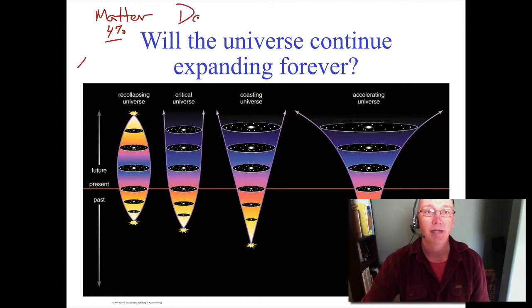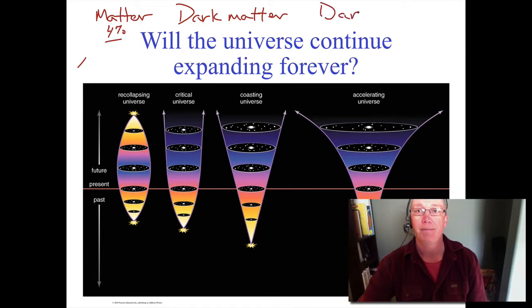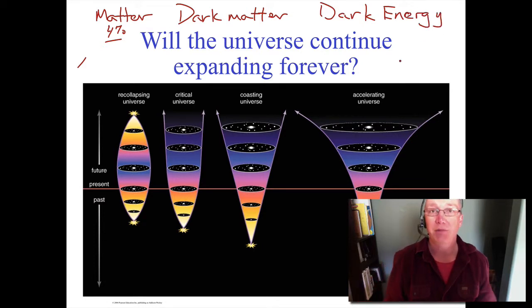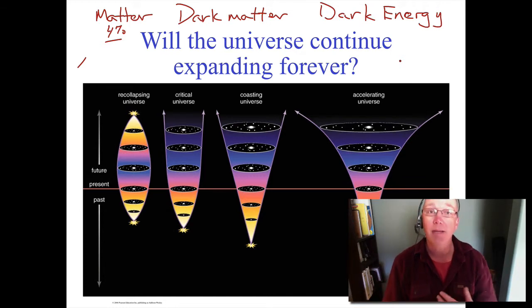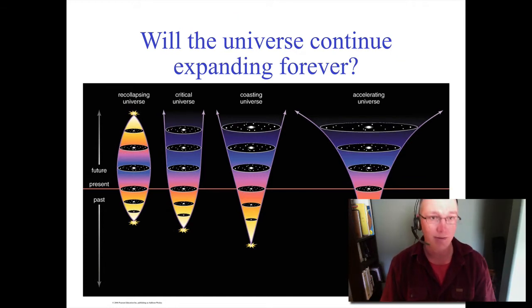We have dark matter, and then we have dark energy. And the question is, what is the distribution, or what is the fraction of the universe that is dark matter, dark energy, and regular matter? And the different fractions are going to give us different situations. For example, if there's a lot of dark matter and a lot of dark energy in the universe,